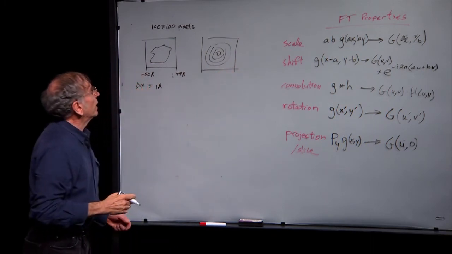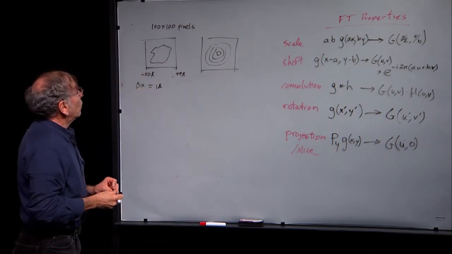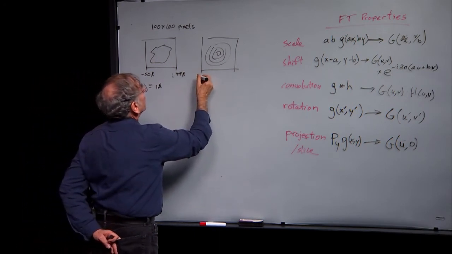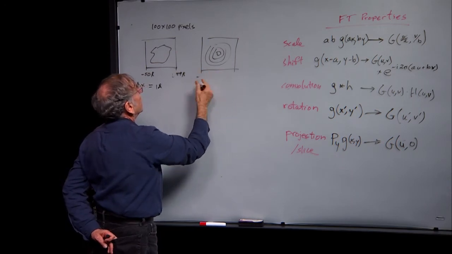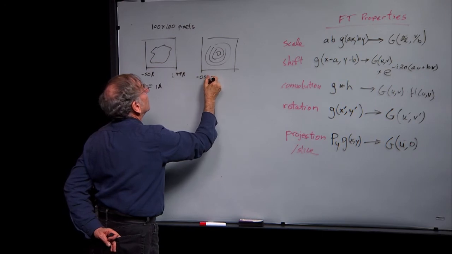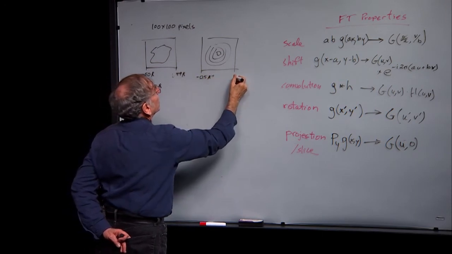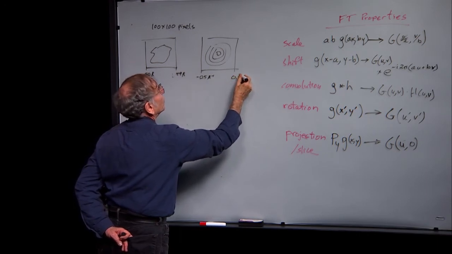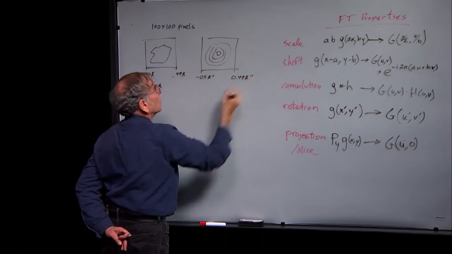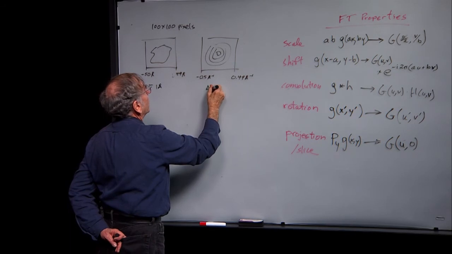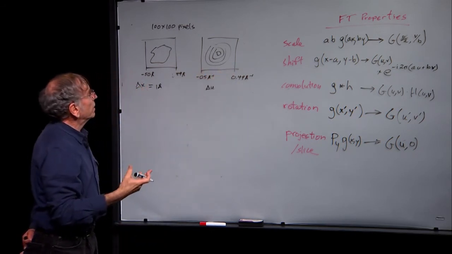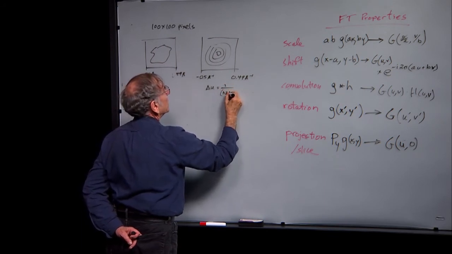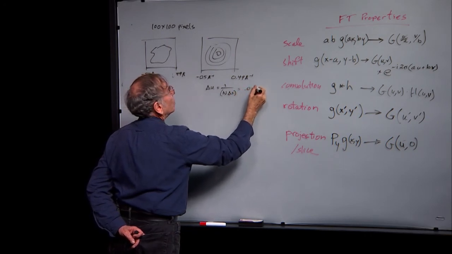Now, when I compute the Fourier transform of this, how do I label the axes of the Fourier transform? Well, because of this division by n in the formula, this is what it looks like. Over here is minus the Nyquist frequency, so this is 0.5 inverse angstroms. And this is plus the Nyquist frequency minus a little bit, so this is actually 0.49 inverse angstroms. And the spacing on the frequency axis is going to be 1 over n times delta x. So in our case, it's going to be 0.01